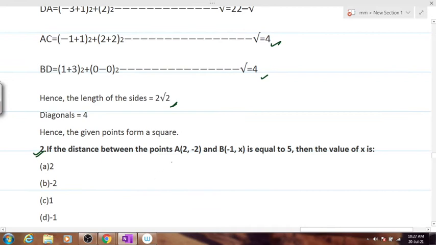The distance between these 2 points is equal to 5. I need the value for x. Hurry up, pretty easy question. Copy the question, don't skip the questions, keep these questions properly. These numericals might come in handy in your exams, because we'll try to cover most types of MCQs.